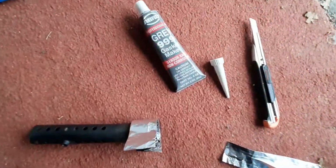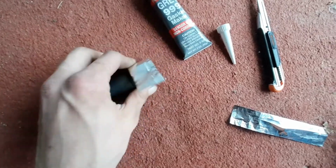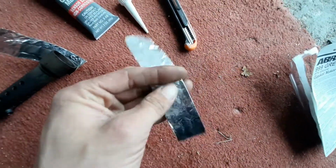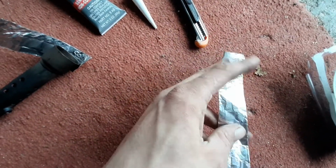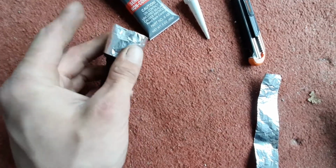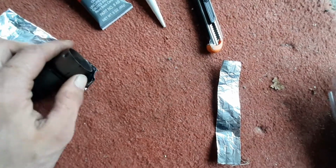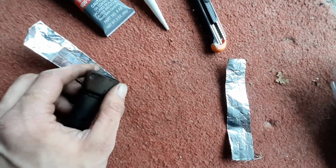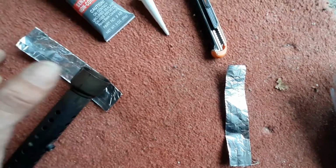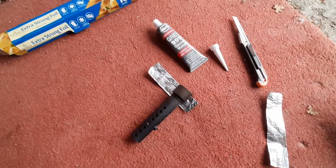So, what I'm going to do is take this and use it basically just as a glue. I've taken some tin foil and folded it up to make some nice insulation tape. And I'm going to wrap that around the end of the baffle, just so it holds it in there that little bit more snug, and use that just to stick on the ends, and hopefully hold it in place just whilst I'm bolting it on and all of that. And then that might fix it just for now,